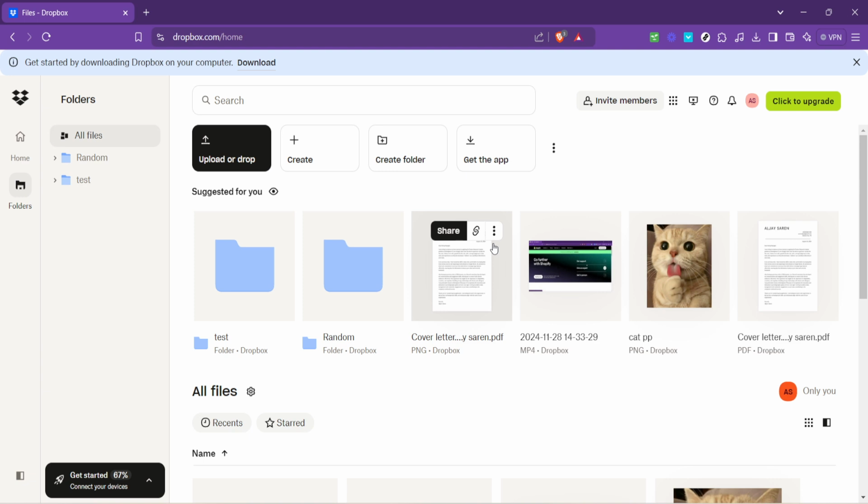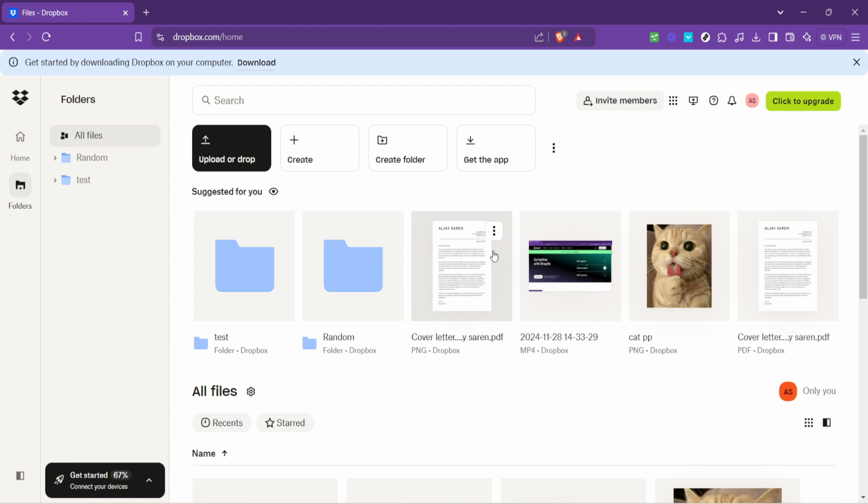After successfully logging in, navigate to the Files section. This is essentially the heart of Dropbox, where all your stored files and folders reside. This step is crucial, as it brings you directly to your stored data, making the next steps easier and more focused on the task at hand.